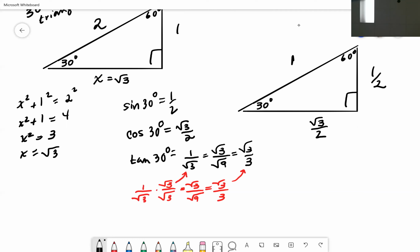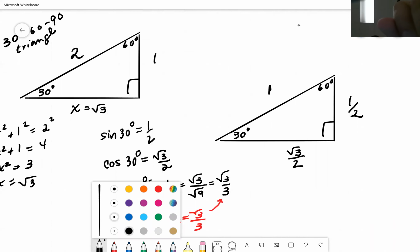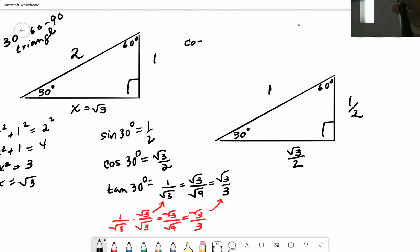Now, in the other triangle, I didn't worry about the other angle because in a 45, 45, 90, they're both the same angle. So the ratios are the same regardless of which angle you picked. But for this one, there is a difference. The sine of 60 degrees is now the square root of 3 over 2. The cosine of 60 degrees is half. And the tangent of 60 degrees